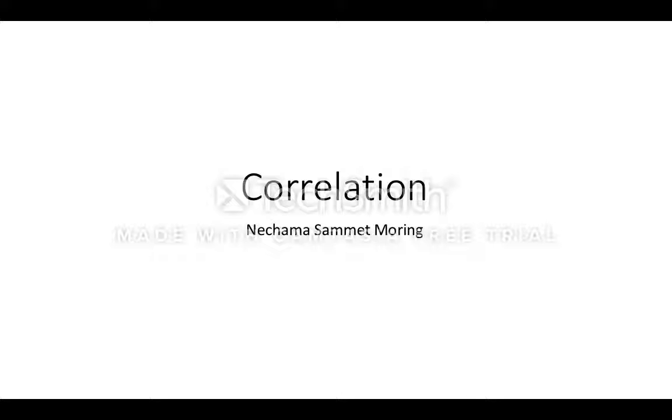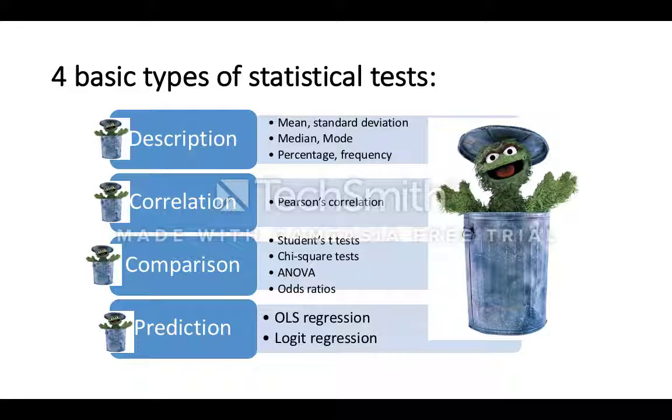This screencast is about correlation. So as we've been discussing, there are four kinds of things that you can do with results in quantitative research. Last week we talked about descriptive statistics and different ways of describing the numbers that you get. This screencast will be talking about correlation, or a way of looking at the relationships between